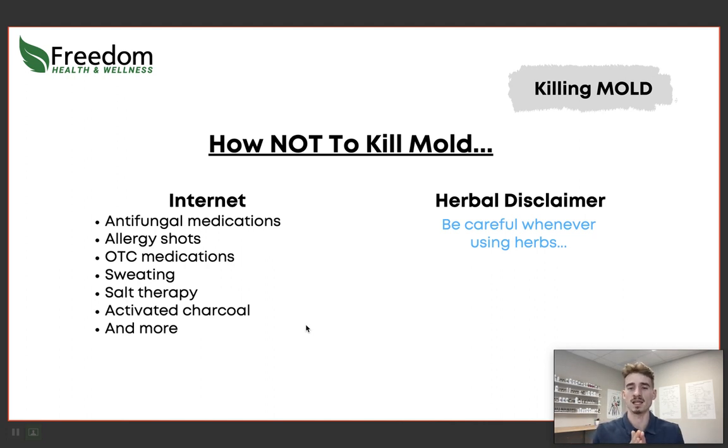And the reason why I say that is because it is extremely challenging to get rid of this mold by killing it unless you have the right herbs or herbal combination. Now, I always tell people with infections, herbs are going to be the way to go, but you want to make sure you're using the right ones. I always have this disclaimer: you want to be careful whenever you're using herbs to treat different things. Herbs are powerful, just like any other treatments. If it can be beneficial for you, it can also be harmful. It can also have other issues that it brings on. So you really want to be careful.